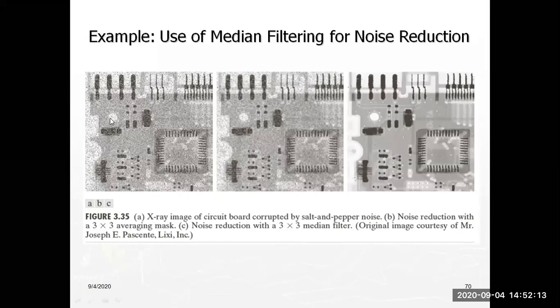circuit board. So when you take one image of a circuit board with a normal camera, but it is contaminated by salt and pepper noise, that is removed by two different operations. One is a normal linear mask. But by using the normal linear mask, only some amount of the noise is removed. But in the last case, the third case, we use a 3x3 median filter. So if you use the 3x3 median filter, the image will be very clear like this.